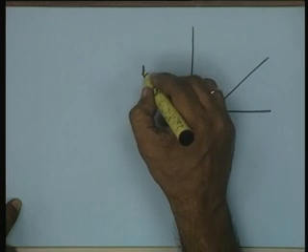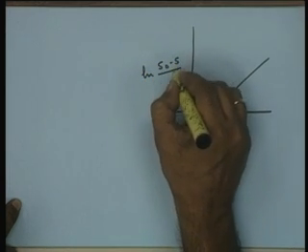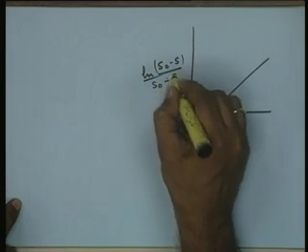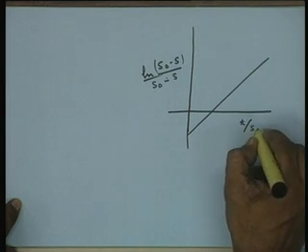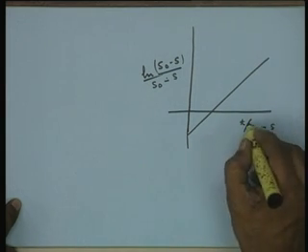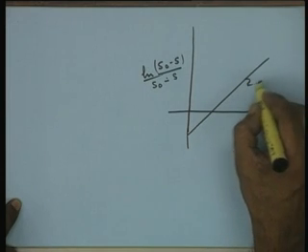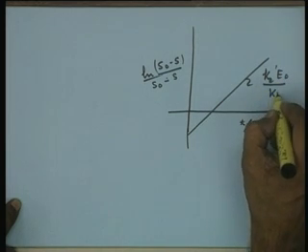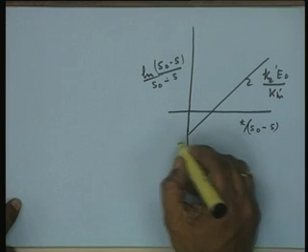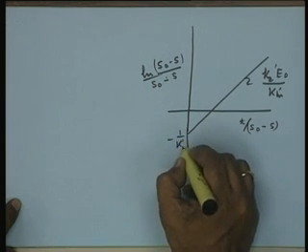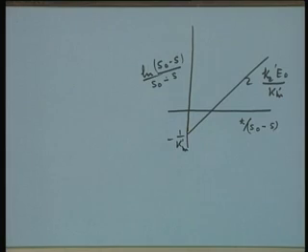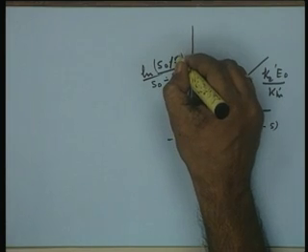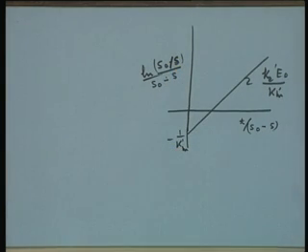Now, if you plot, let us say, ln S naught upon S upon S naught minus S against T upon S naught minus S, you get a slope of K2 dash E naught upon K dash m and an intercept of minus 1 upon K dash m. So, is it ln S naught minus S or ln S naught by S? This is ln S naught by S, right, not minus S naught by S.